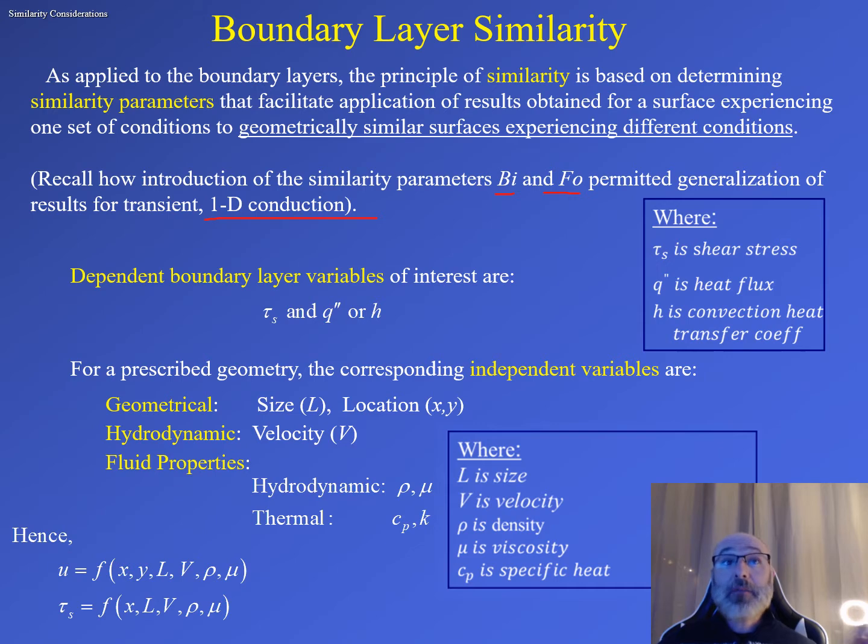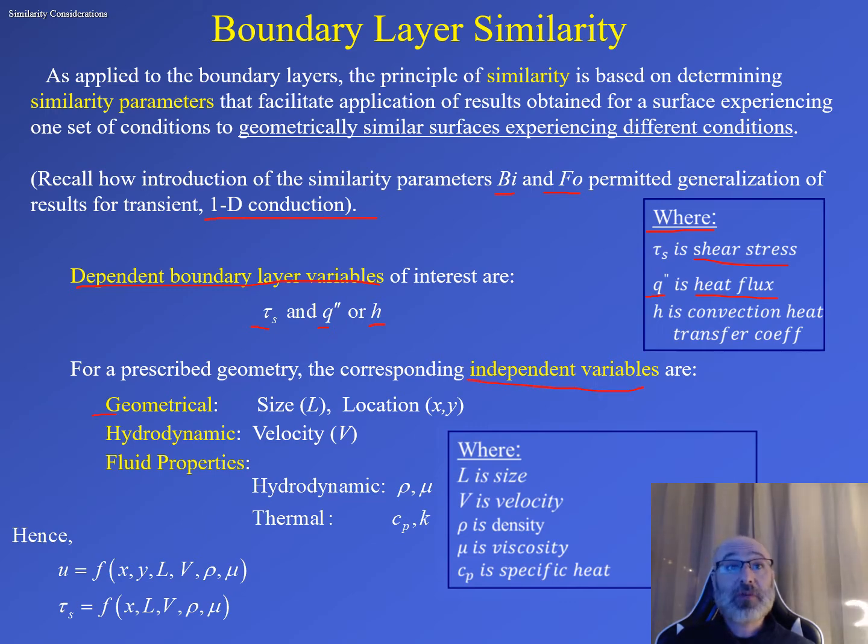Now, our dependent boundary layer variables that are of interest to us here are tau sub s, q double prime, or our h, where we can recall that our tau sub s is our shear stress, our q double prime is our heat flux, and h is our convection heat transfer coefficient. So those are our dependent boundary layer variables, but for a prescribed geometry, the corresponding independent variables are